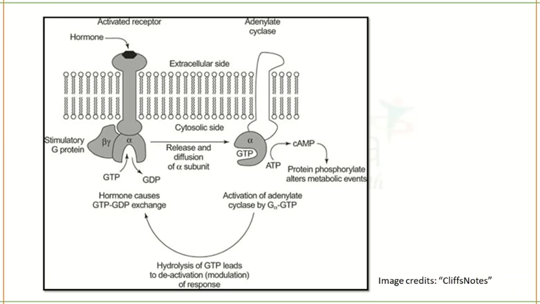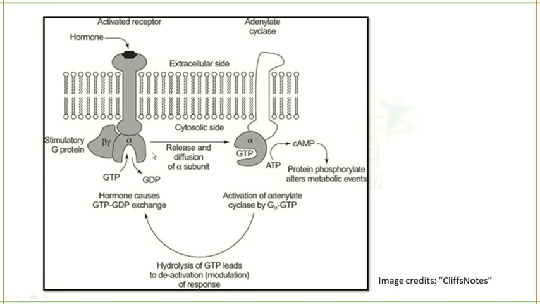You can see here you have a hormone that binds to your receptor, the activated receptor here. This is a G protein coupled receptor, obviously. When the receptor is activated, it will activate the G protein. When the G protein is activated, the alpha subunit will have GTP instead of GDP. The alpha GTP will dissociate away from the beta and gamma subunits. You can see here the beta and gamma subunits are dissociated from the alpha subunit, and the alpha subunit exists as G alpha GTP.